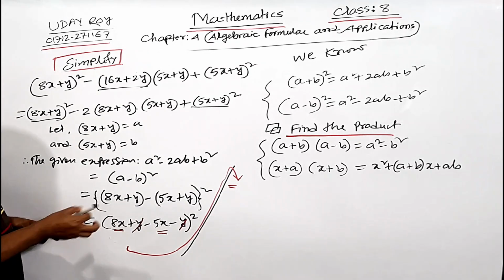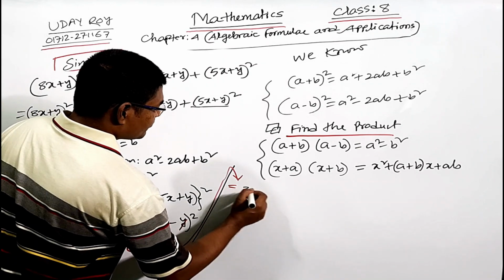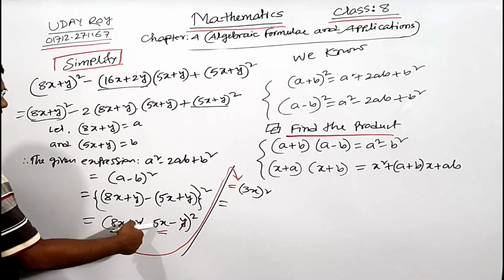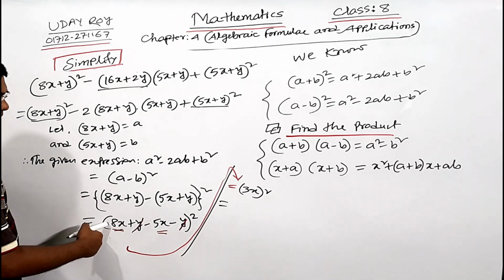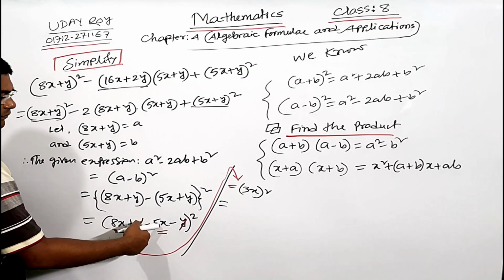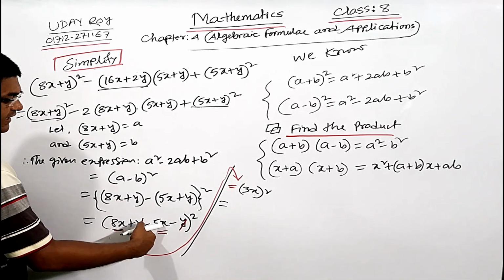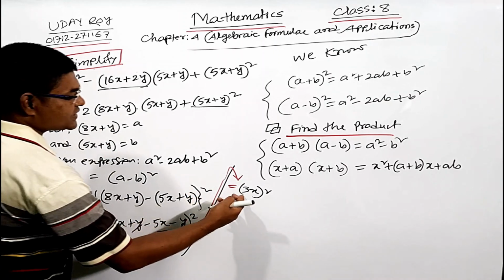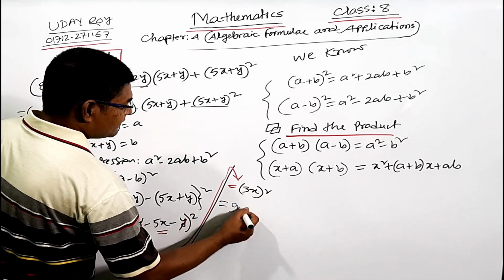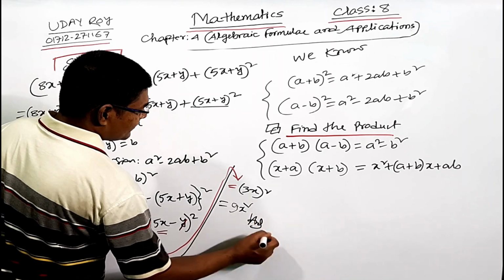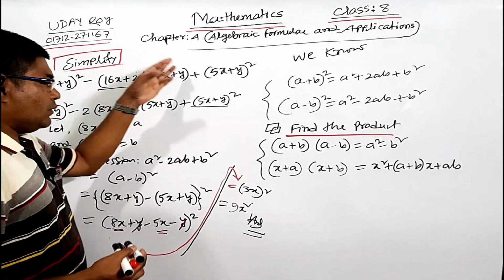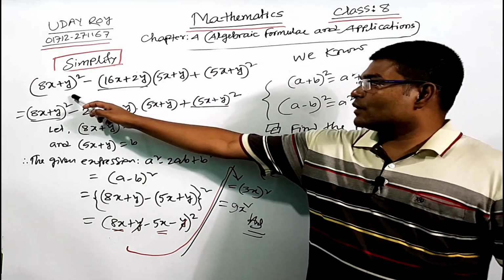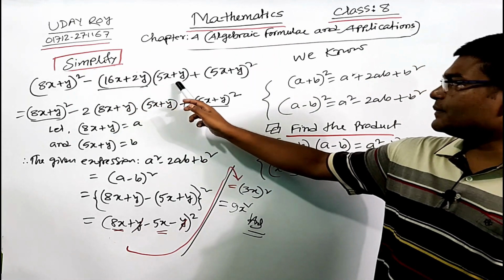8 minus 5, equal to (3x)². So 8x minus 5x. Here is minus 5, here is plus 8. So 8 is greater than 5x. So 8 minus 5 we get 3. So (3x)², we have got the answer 9x². So now we have got another maths: (8x + y), 16x plus twice y, (5x + y),